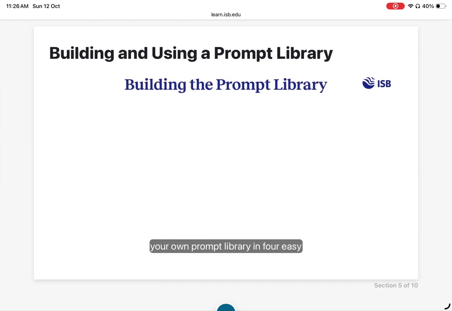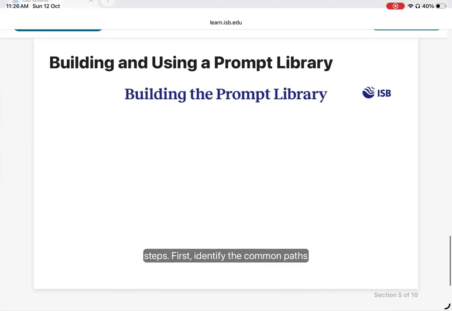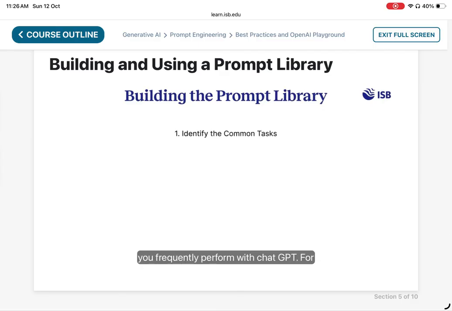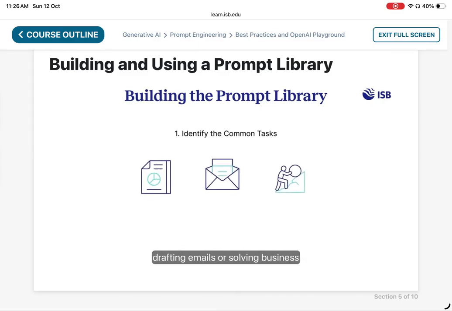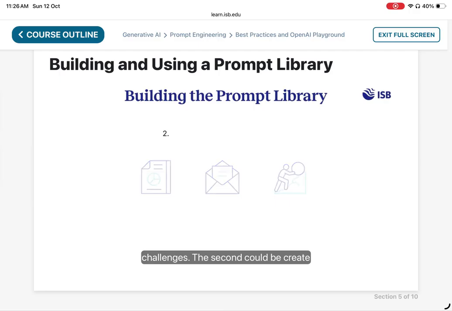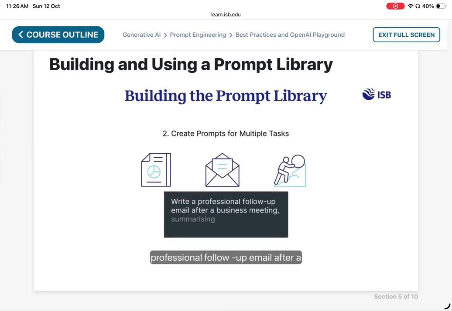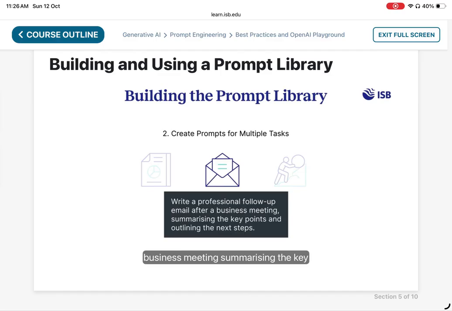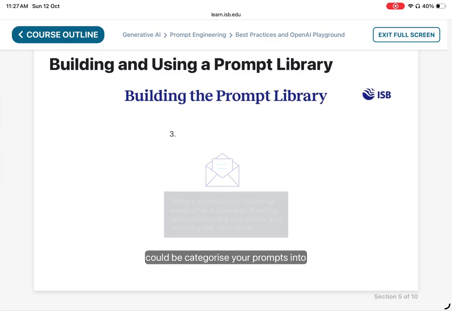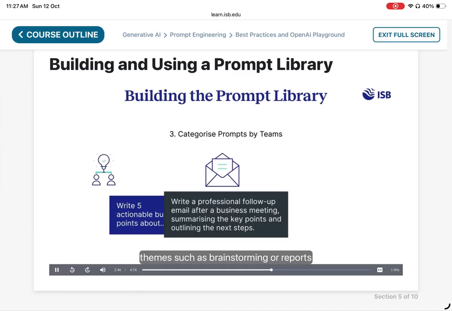Let's build your own prompt library in 4 easy steps. First, identify the common tasks you frequently perform with ChatGPT. For instance, could be writing reports or drafting emails or solving business challenges. The second could be create reusable prompts that can apply to multiple situations. For example, write a professional follow-up email after a business meeting summarizing the key points and next steps. The third step could be categorize your prompts into themes such as brainstorming or